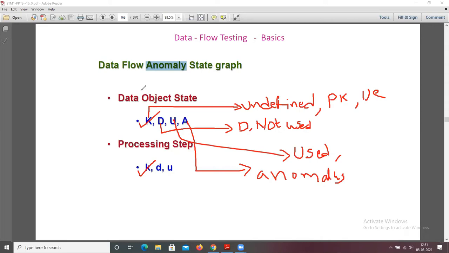The capital letters K, D, U, A denote the state of the variable and should not be confused with the program actions, which are denoted by lowercase letters.